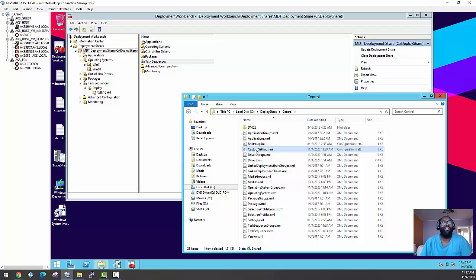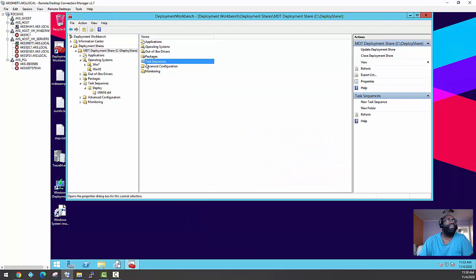I'm not going to open it because I have sensitive information in there, but research it. You'll see there's a lot of customization you could do to that custom settings INI to automate a lot of those manual tasks, right? Maybe you want it to point to a certain OU. If you detect this particular gateway, this computer goes to this OU, something along that line. So those are the two files that I was talking about, and that's what I just edited inside MDT